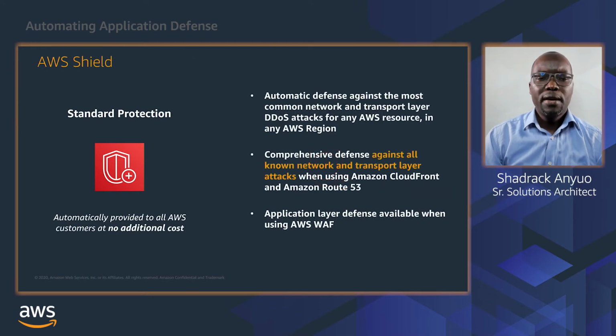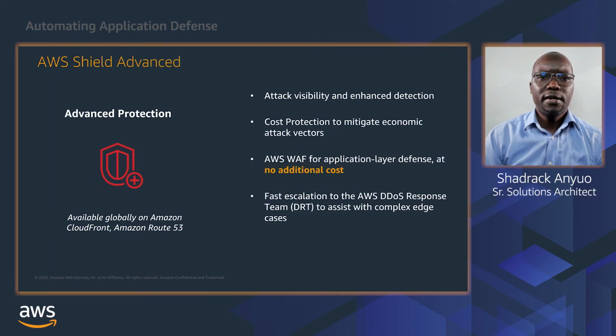AWS Shield Standard tier is available to all our customers at no additional charge and defends against 96% of today's most common and frequent Layer 3 and Layer 4 DDoS attacks. AWS Shield Advanced, on the other hand, is not enabled by default. It's a paid-for service that costs $3,000 per month, but offers you a more tailored detection based on your application traffic patterns. It also uses your application health to improve responsiveness and accuracy in attack detection and mitigation.